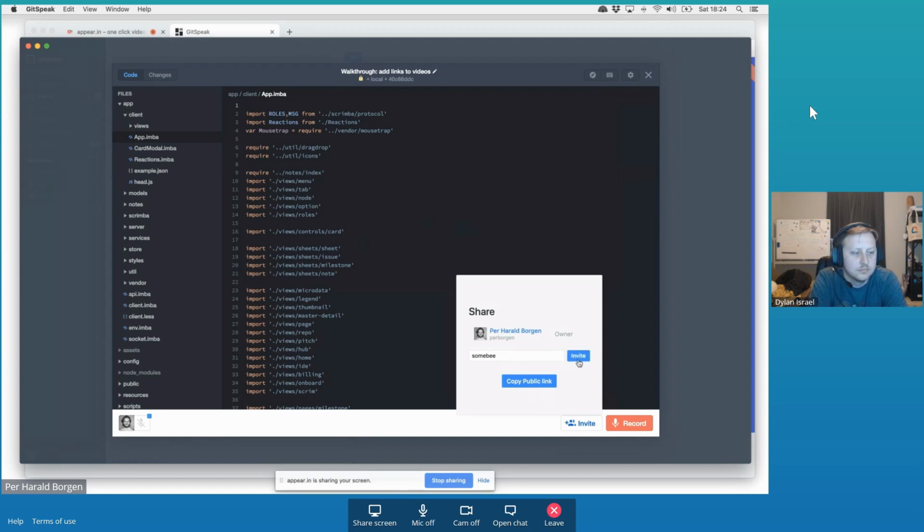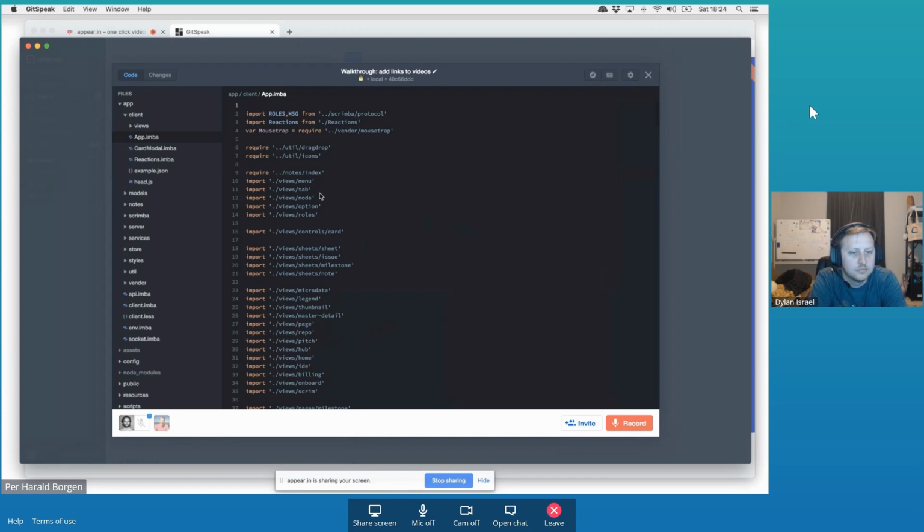If I invite my colleague, then we can live stream, and we get two cursors. Both of us can jump through the code base, and we follow each other, and we record audio from both of us.